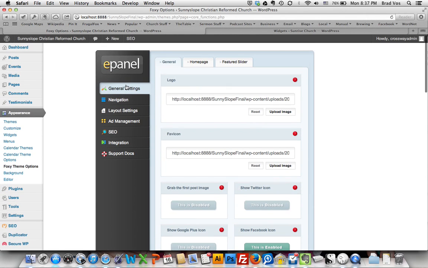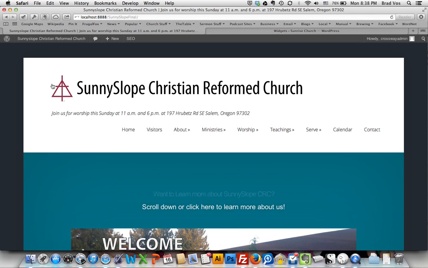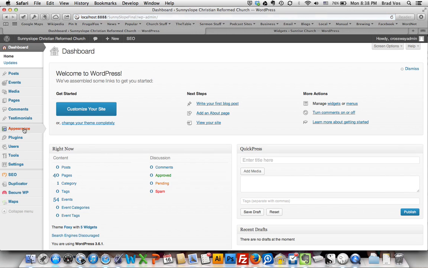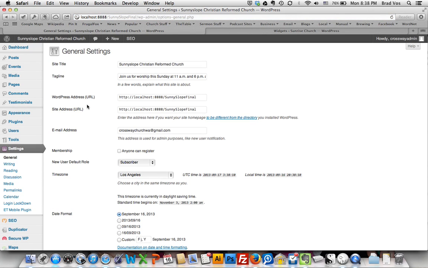It's right here in the general settings, and the logo, you can't miss it. To do the tagline, which is these little words here on the home page, you need to click on the dashboard and click in Settings and General. The tagline is something that's part of WordPress, and it's actually something that will appear in some search engines and